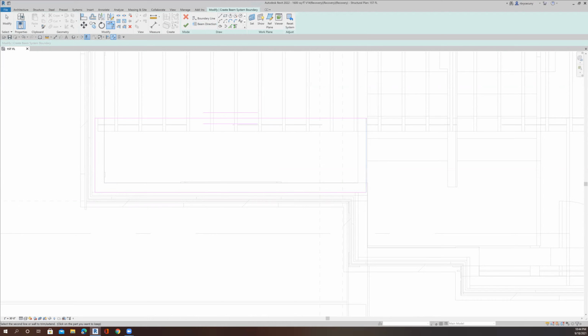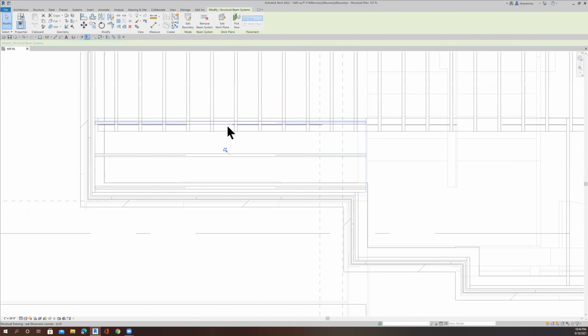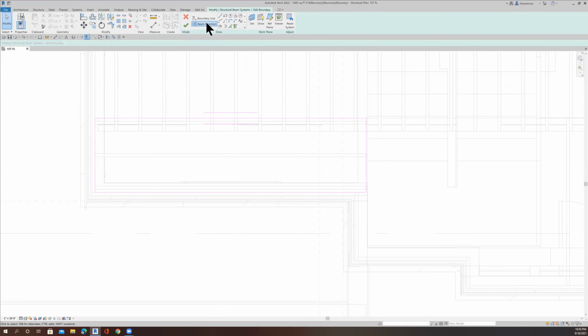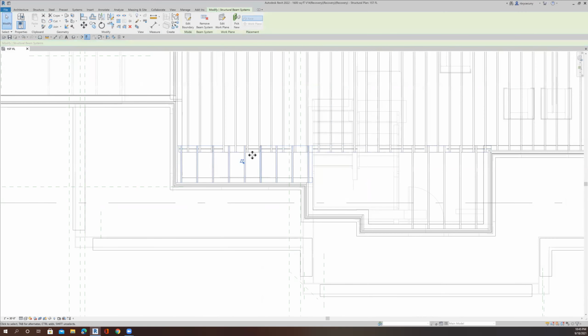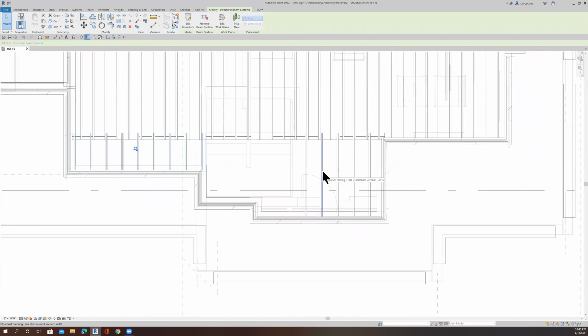Let's double check it's 2x12. Let's change that to 2x10 and say okay. And look what happened. I didn't change the beam direction. So okay. Edit the boundary. I get the beam direction again. I'll grab it over here. Now that's the beam direction. They don't have to be 12 inches on center there because it can definitely span 16 inches on center here. And